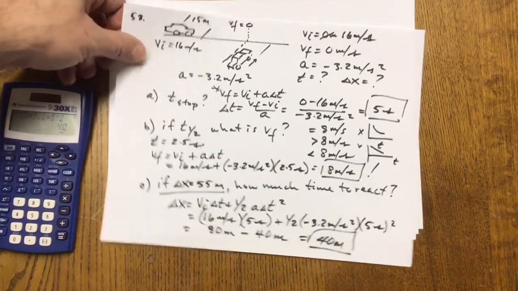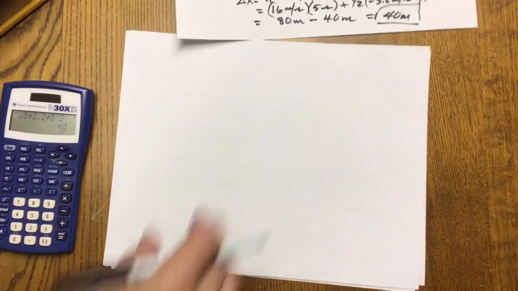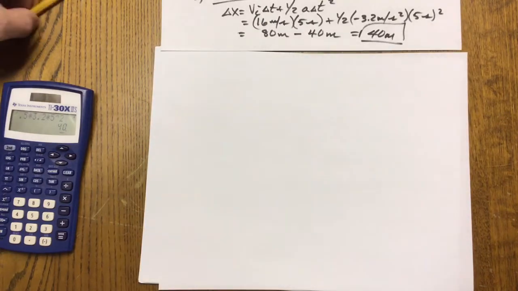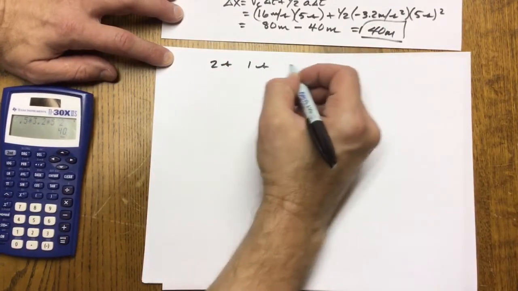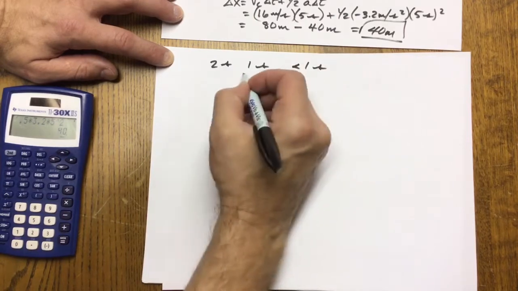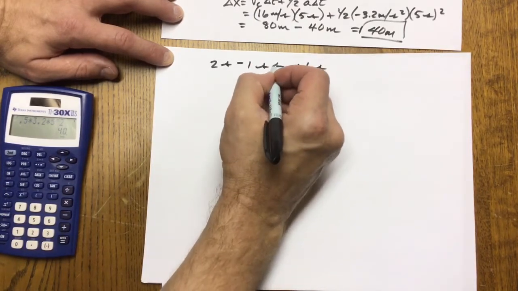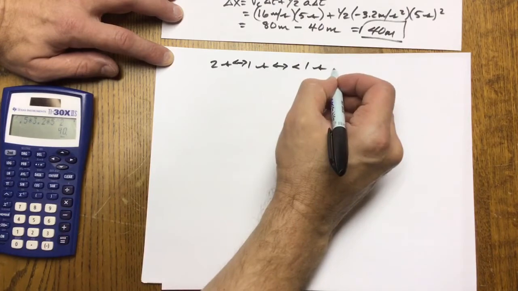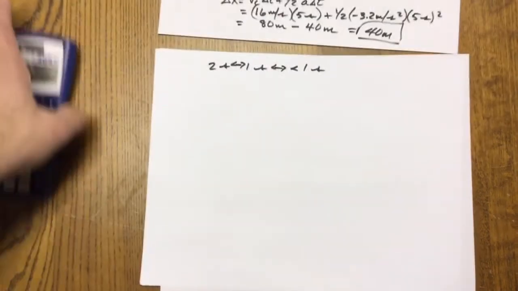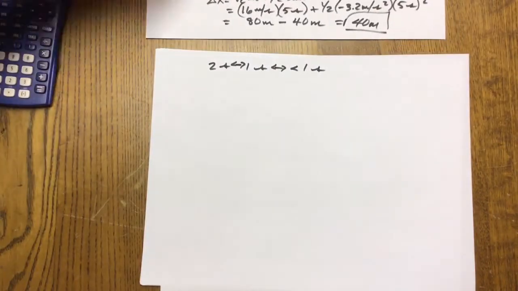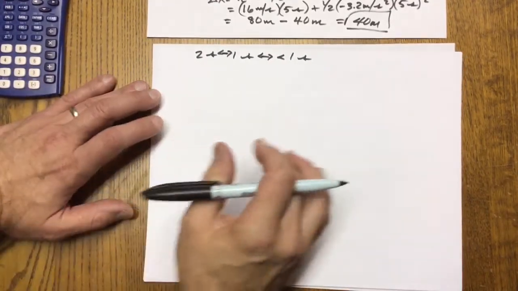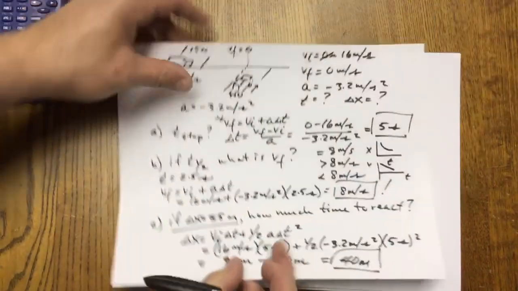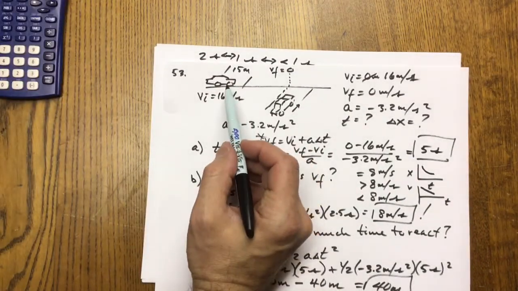Now, how far do you think that's going to be? How much time do you think we're going to have? We're going to have 2 seconds? We're going to have 1 second? Or less than 1 second? Where's that going to be? Is it going to be between here and here, here and here, or less than? Make a guess. Okay. Now, thinking about this a little bit more, remember that if we're going to wait a certain amount of